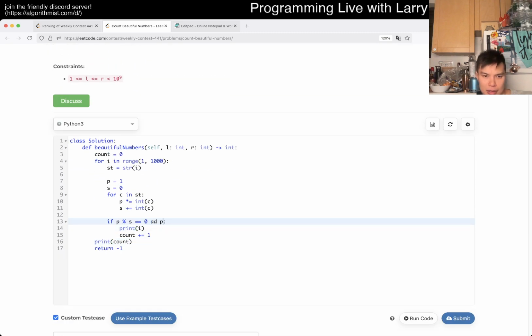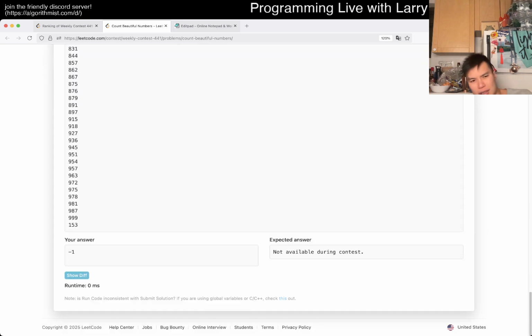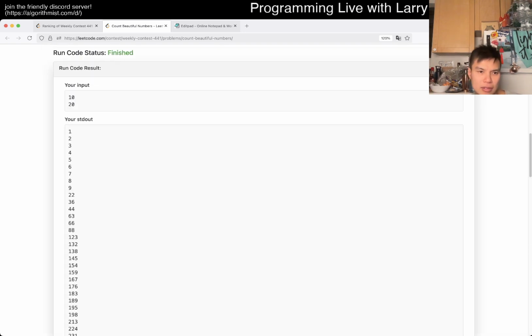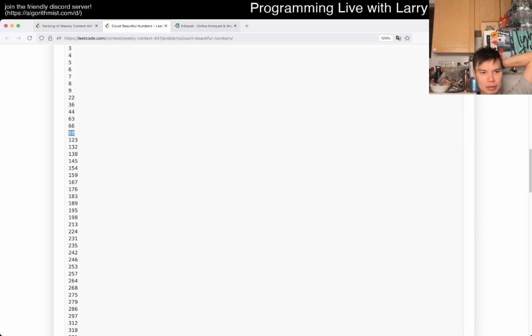Let's see, and so 153 is still a lot. Do I know anything about these? 1 digit. I mean, I knew that the permutations are working, but